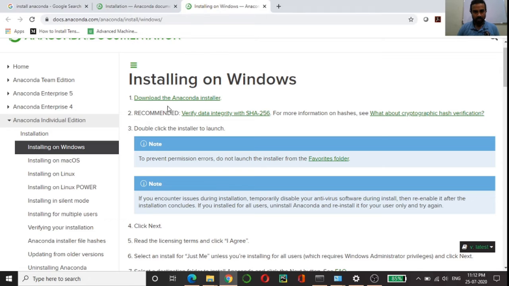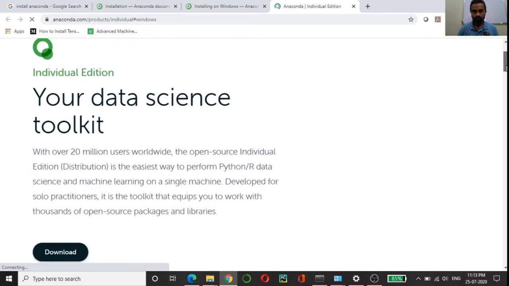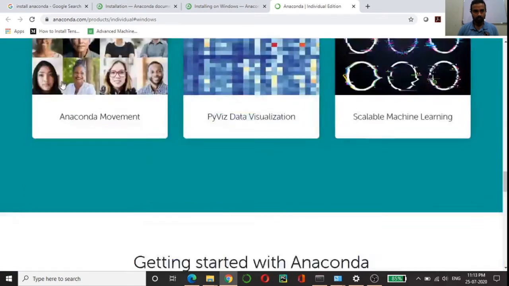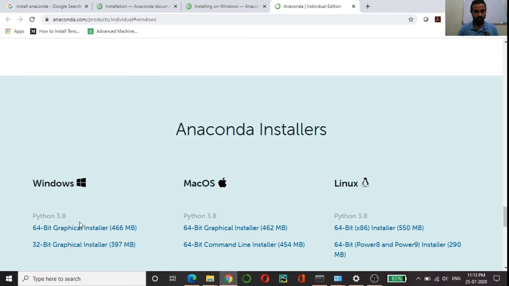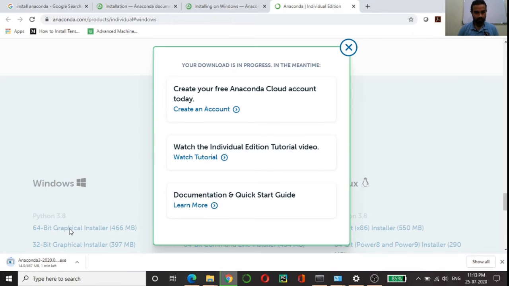First of all, it is asking us to download the Anaconda installer. You can just click on that. You can choose your machine configuration and then click on install. As you can see, it has started downloading the file here.